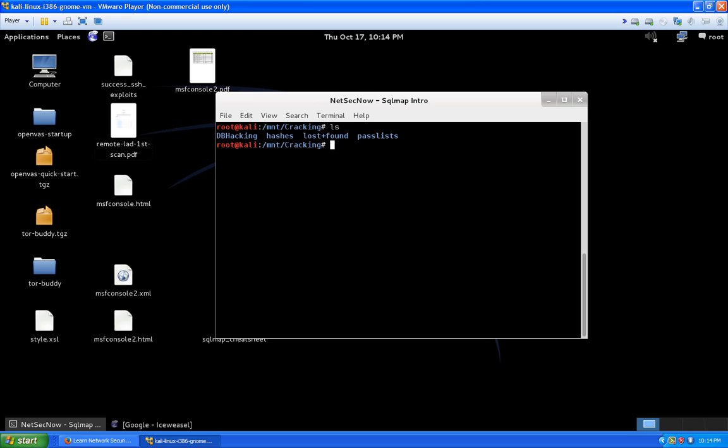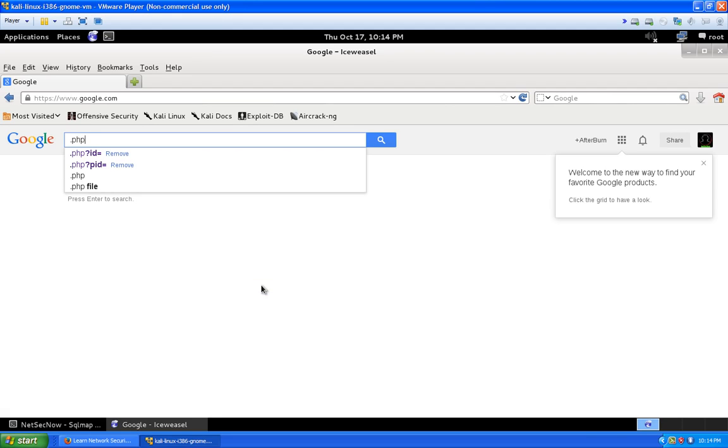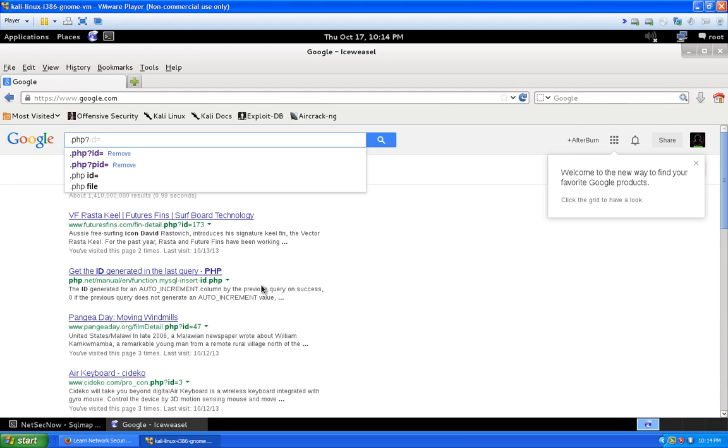So basically, let's just open up Iceweasel, and I'm going to go ahead and show you how to find something like that. So Google dorking, Google pretty much automatically does it for you now unless you want to really get specific about it, but we're going to do just a pretty broad search. We're looking for anything that ends in the extension .php, and we're going to be looking for a question mark after that, and then something equals, and that's it. So basically it goes .php, question mark, and then we're going to use ID equals,